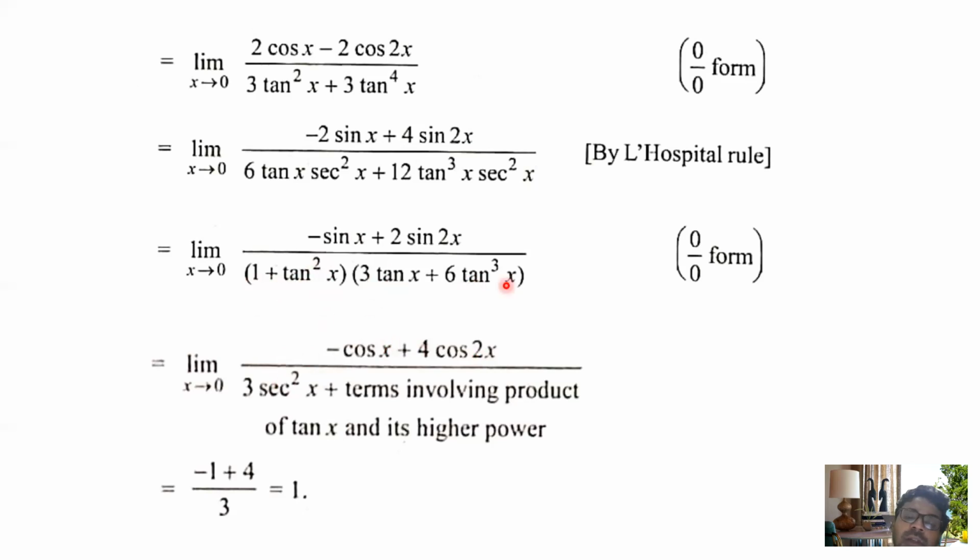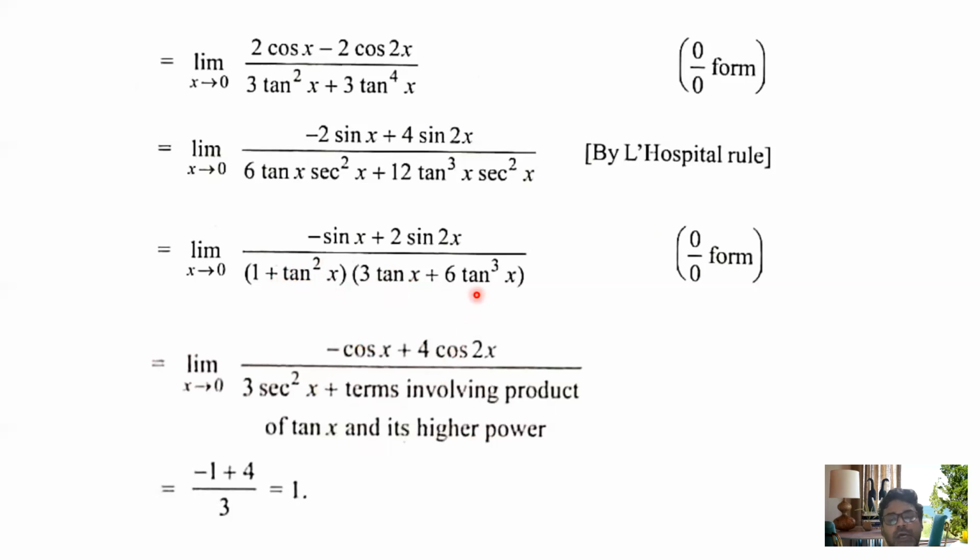So from another term in terms of sec square x, that's why I'm eliminating this. So here what you get, you can see 1 plus a derivative, that is here what you are getting, that is 3 sec square x. So ultimately after simplification we have minus 1 plus 4, and this is all involved in the higher order of tan. So that's if I multiply,